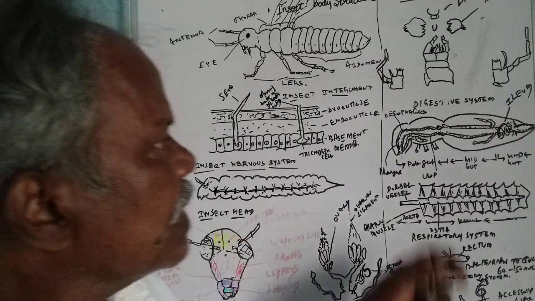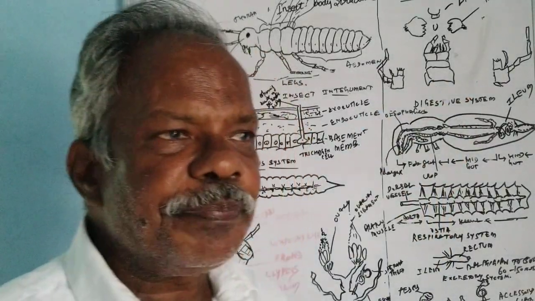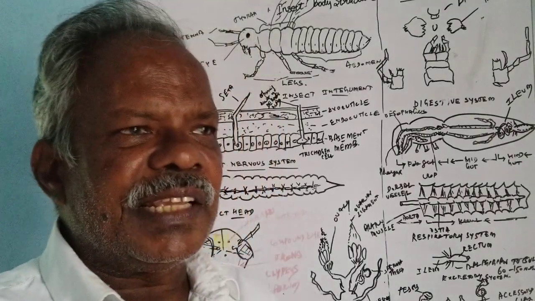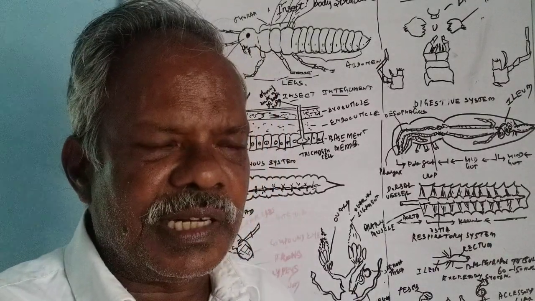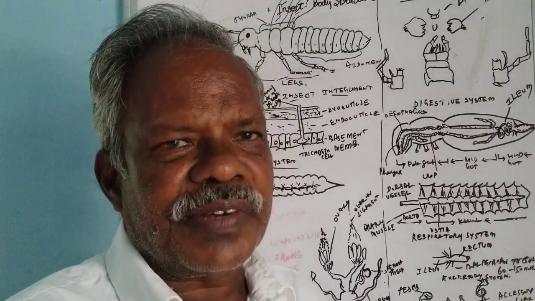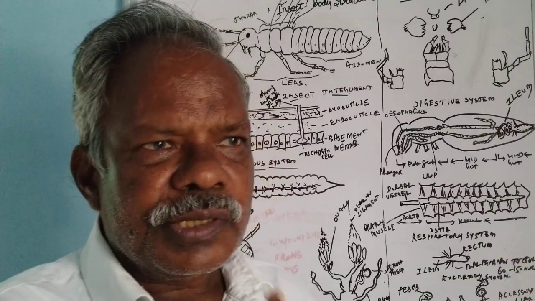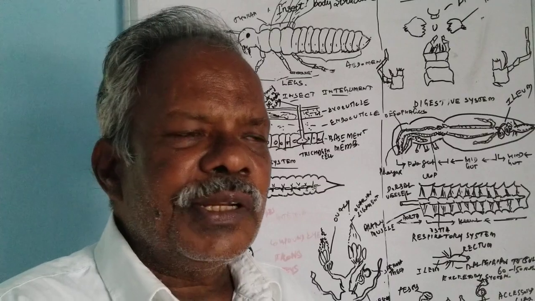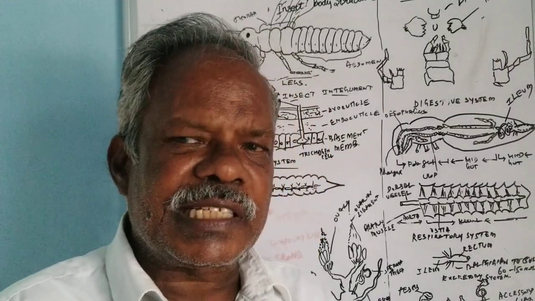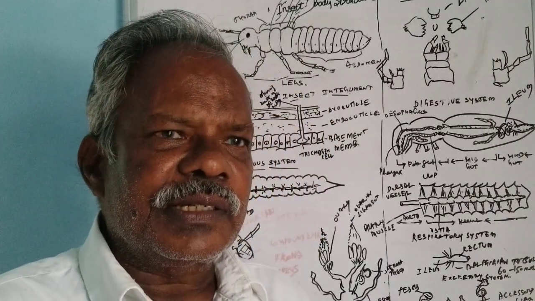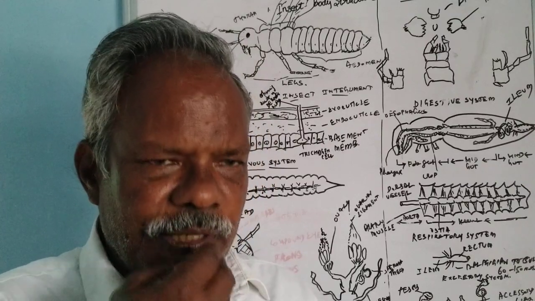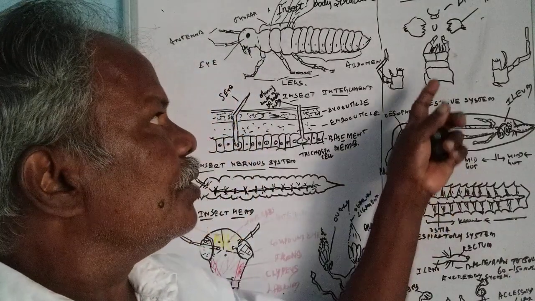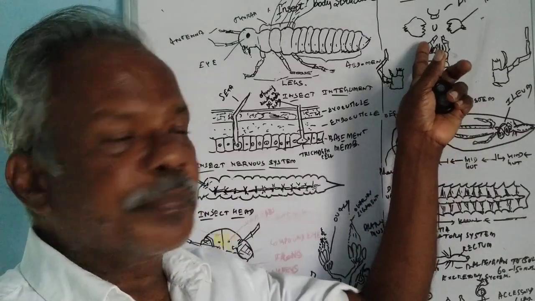And next, coming to the mouth parts, the main important function of the mouth is grinding or taking the food. The internal structure found in the mouth helps to take the food, ingest the food, and then get it into the pharynx, esophagus, like that. So mouth parts are very, very important.